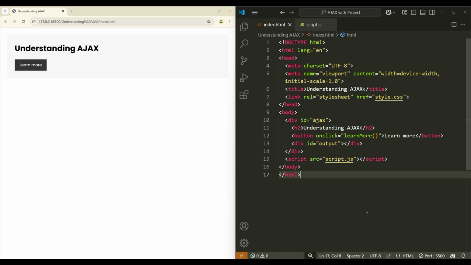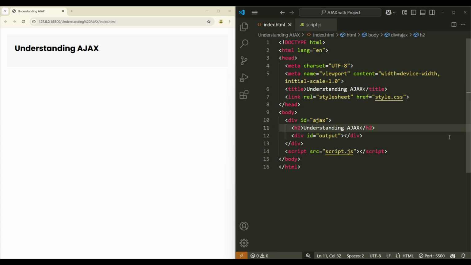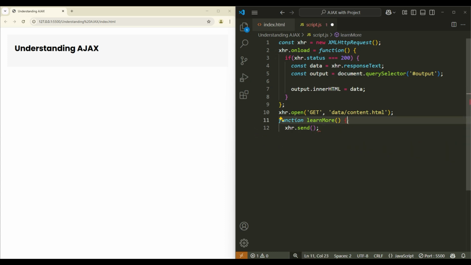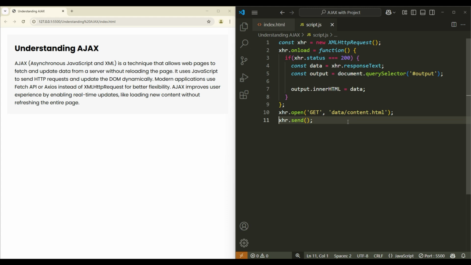Let's have a look at our previous example. Here, I will remove this button from the HTML. Also, remove the function used for that button. Then, instead of onload, let me use onReadyStateChange. Inside the if statement, change into